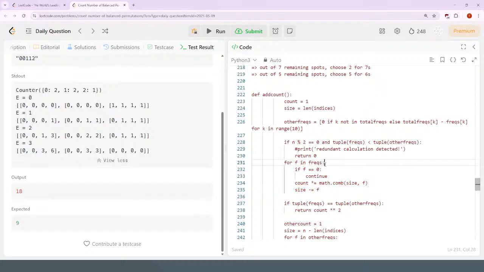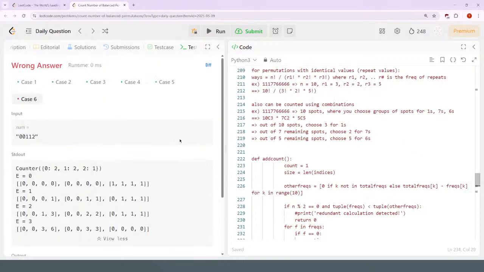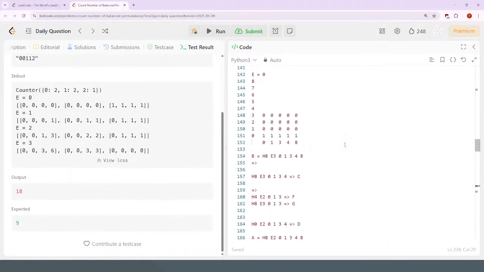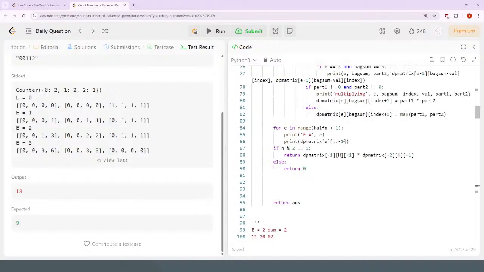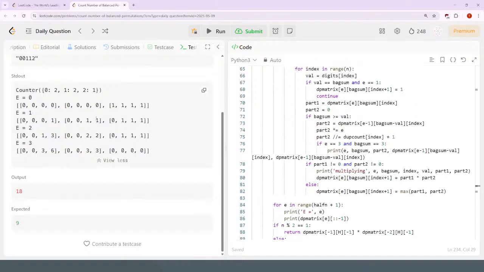Given some frequency, I can determine the count of the number of ways. So if I'm storing frequencies,